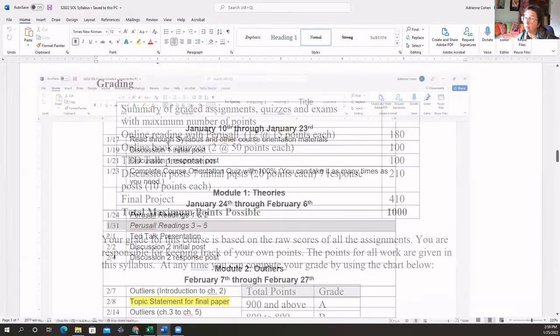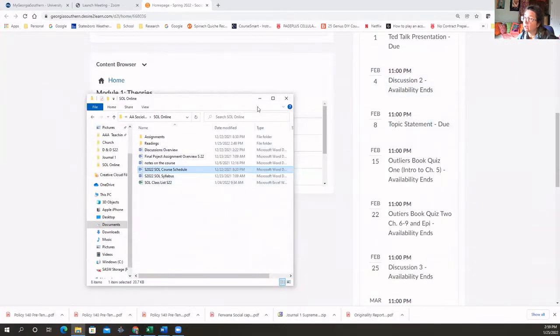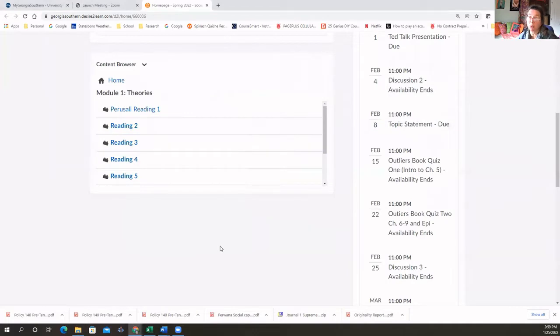It is very important that you access the Perusall readings through Folio. Do not go outside of Folio and try to log into Perusall. You can access them that way, but your grades don't transfer into the grade book. So please don't do that. And if you do that and then you go back and you try and access them through Folio, I don't think those grades carry over. So always and only access the Perusall readings through Folio.